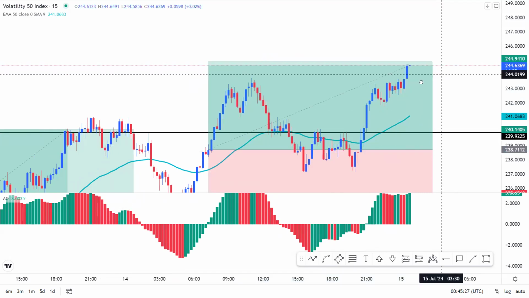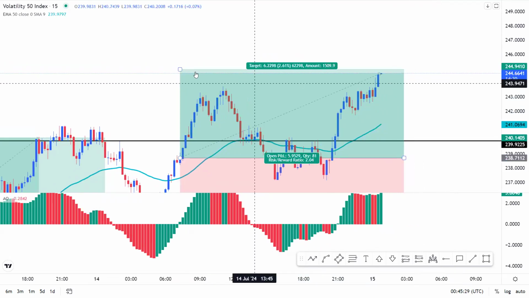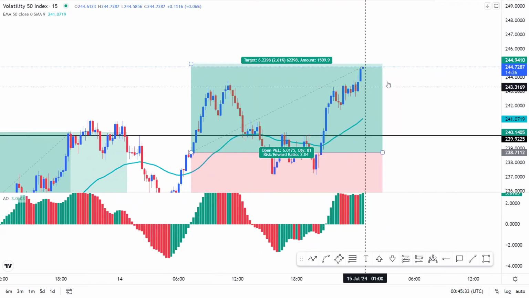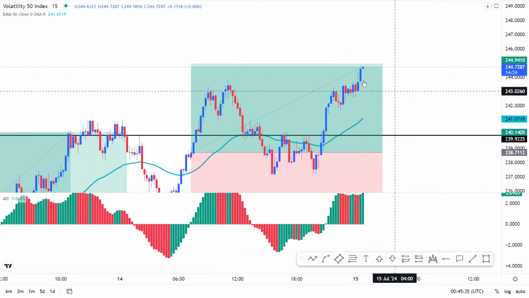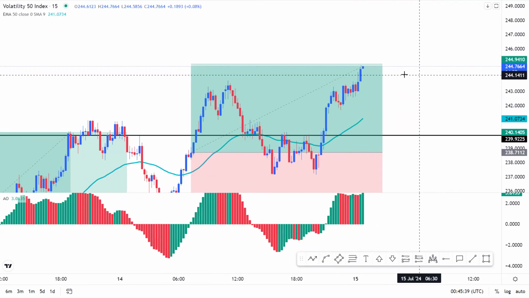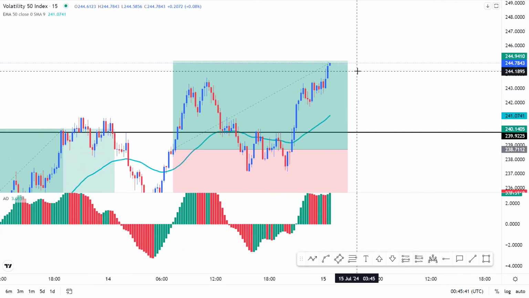So clearly we still would have been holding this position, which is about to have our first level take profit target hit for a 1 to 2 on this. Now,